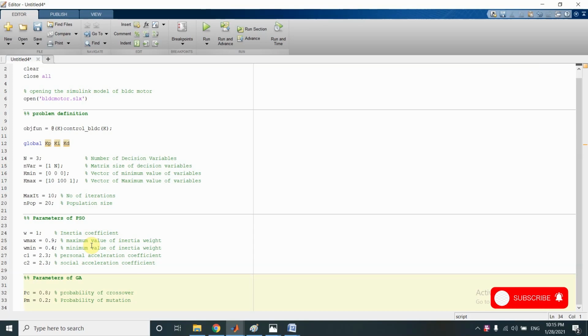If the probability of mutation is kept very high, then the mutation of the offsprings will be very frequent. What this will do is it will cause us to randomly roam in the search space, and the convergence of the algorithm is severely affected. The algorithm may not converge at all if the probability of mutation is kept very high.